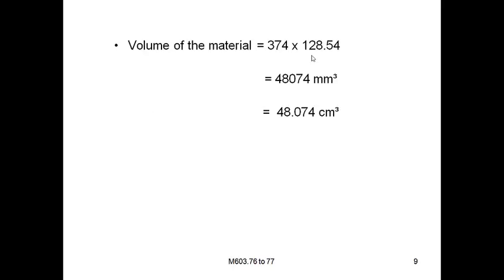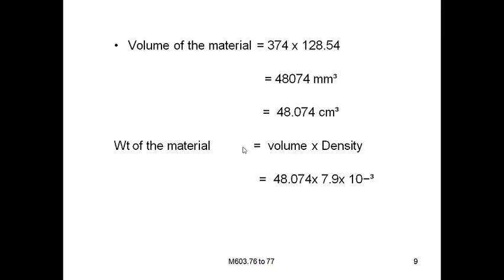Now you multiply this length with the cross sectional area. This value is in cubic millimeters, so you convert this into cubic centimeters. Now the weight of the material you can get: volume multiplied with the density, you will get the weight. So now you have the weight here, 0.38